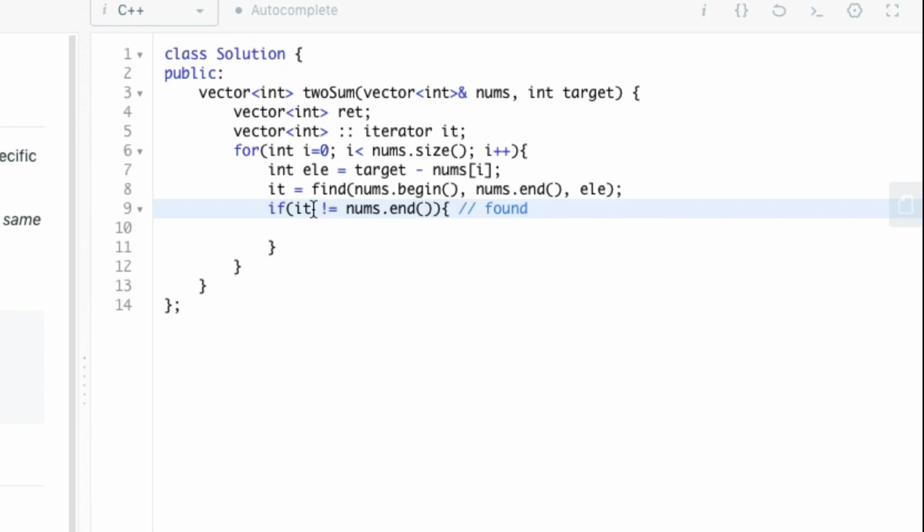So here we check whether the iterator is not equal to nums.end, which means that the element is found in the vector. If the element is found in the vector, then we push the indices of the elements to the return vector. So let's push the indices of the elements nums of I and ELE to the return vector.